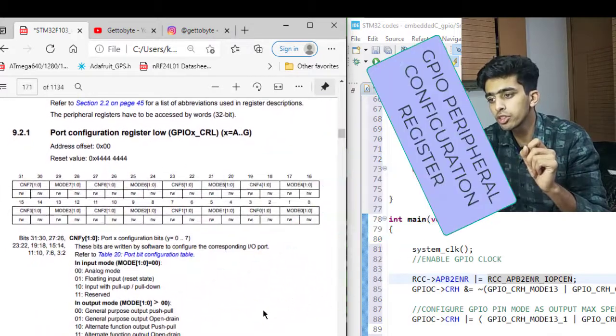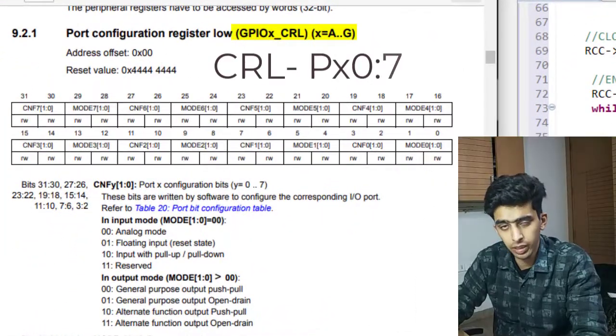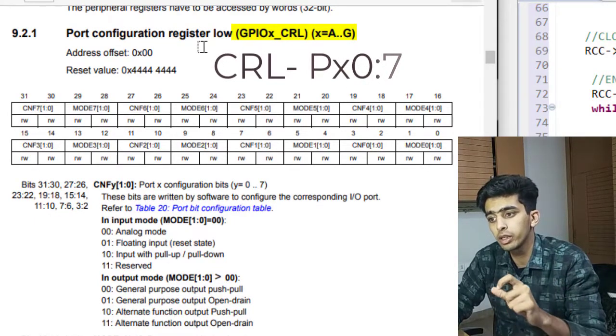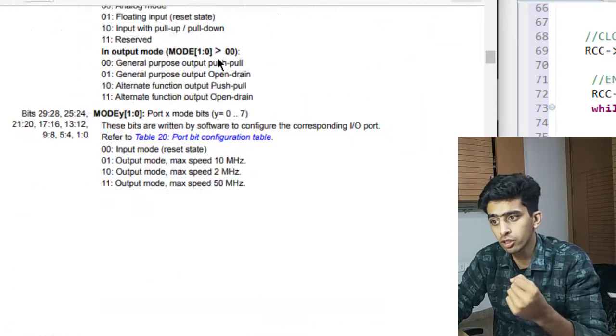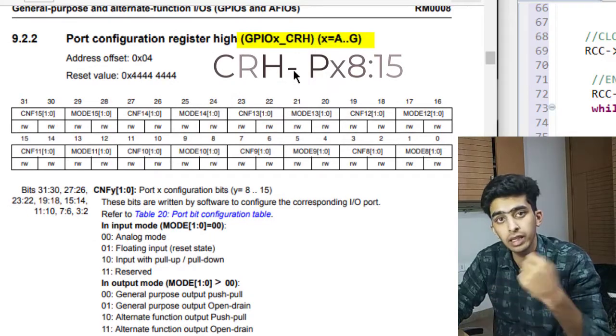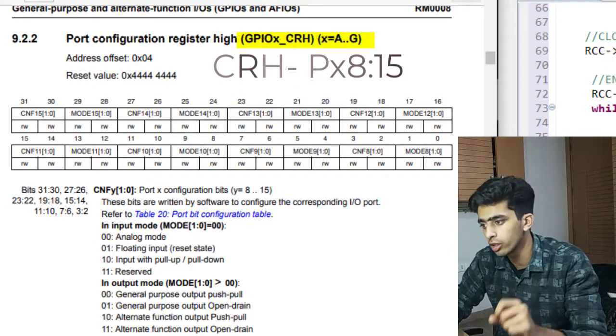Now the GPIO configuration register has been divided into two parts. The first 8 bits, 0 to 7, for the first 8 pins of my port, is the configuration register low, and the configuration register high is for configuring the remaining 8 pins, from 8 to 15 of the port.